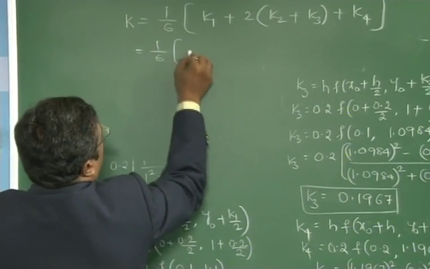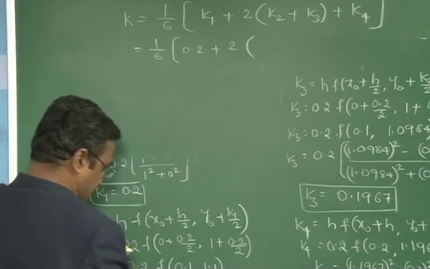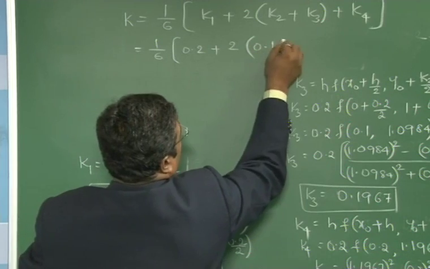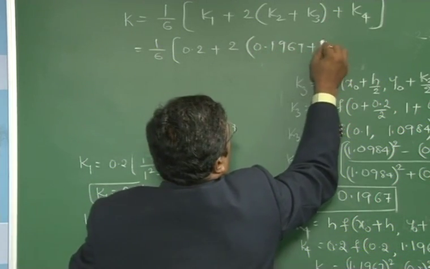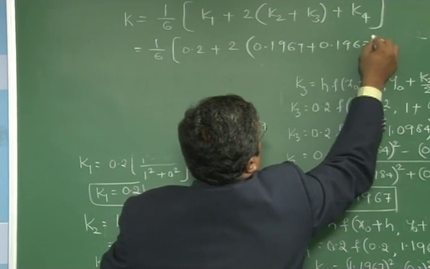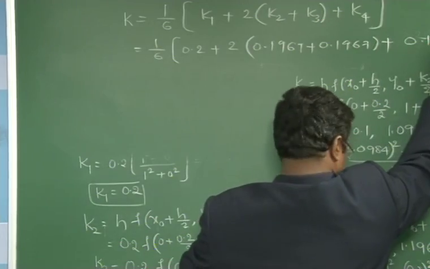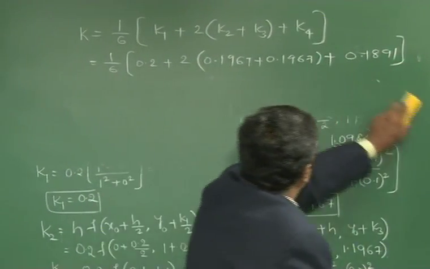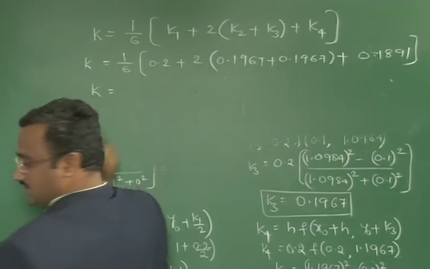Your k1 is 0.2 plus 2 times of k2 plus k3, 0.1967 plus 0.1967 plus k4, 0.1891. After simplification of all these values, we get the k value in this form